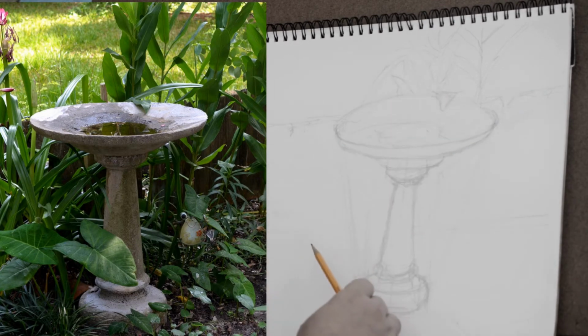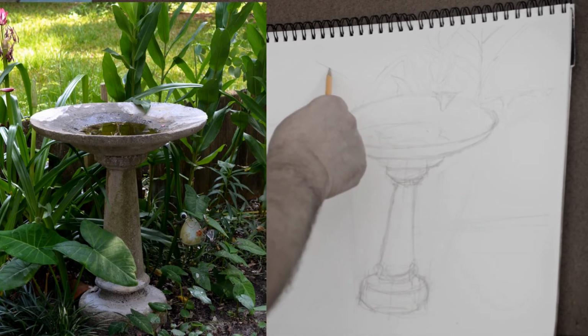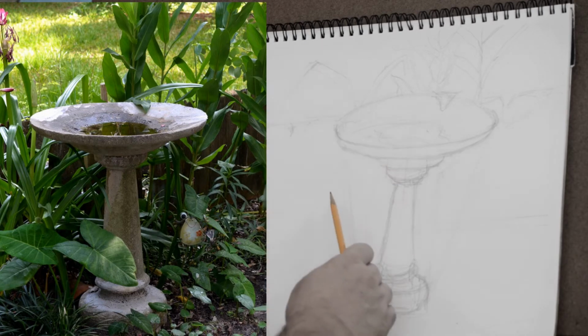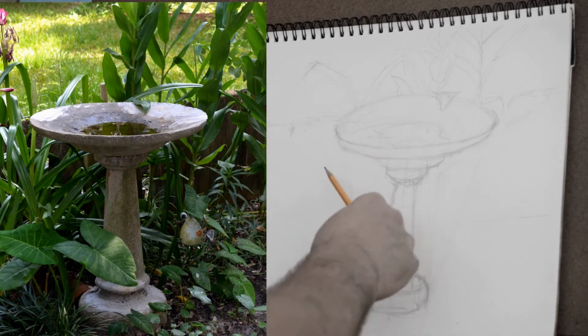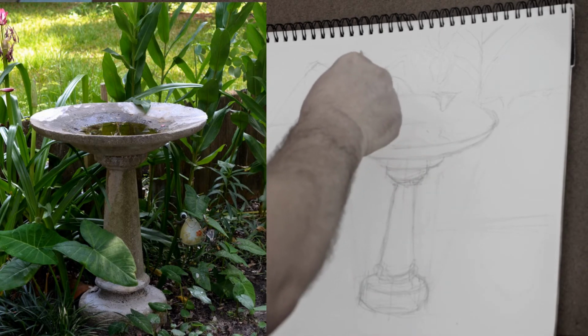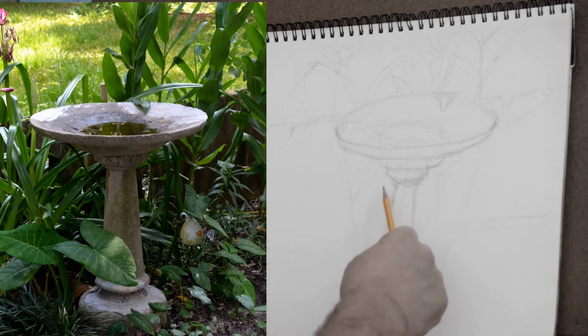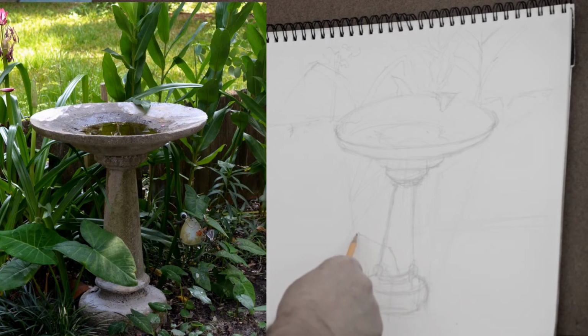And the ginger plants behind and to the right are pretty primary in the photograph. So I kind of focused on those major elements and let the rest take care of itself. Here I'm just finding the way those plants are growing in the background, looping over in the curves, the way